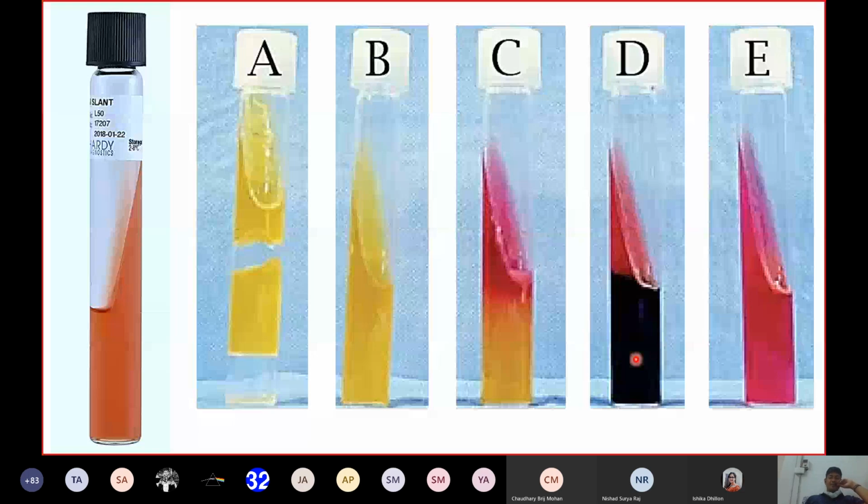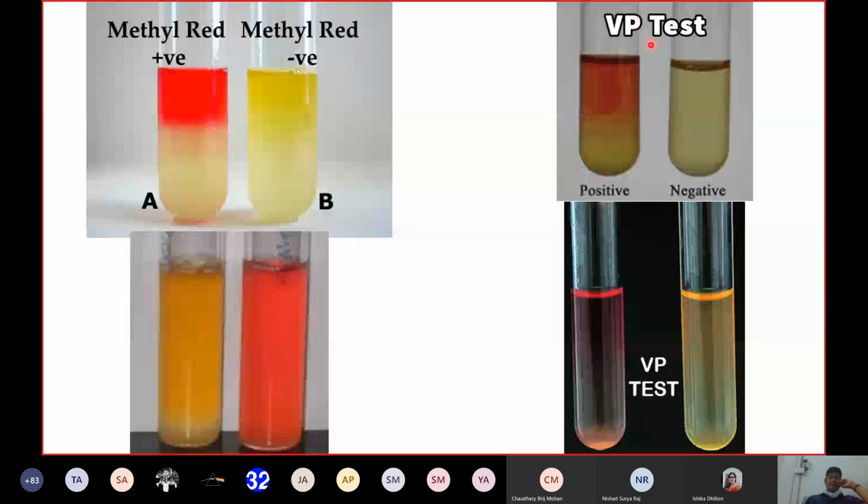This is the methyl red test. Unused ones usually look like this color, but after use they will be like this color. In methyl red, see, the positive are red in color. In VP again positive are brick red in color, both are similar, and they are used simultaneously because organisms that are methyl red positive will never be VP test positive. If VP positive, then methyl red negative. So they are used simultaneously, MRVP.